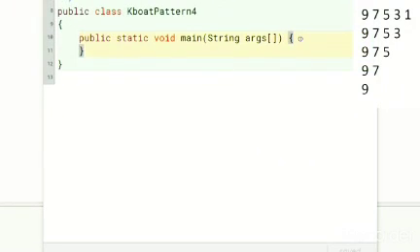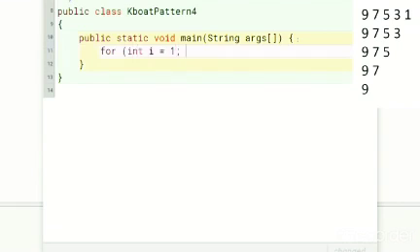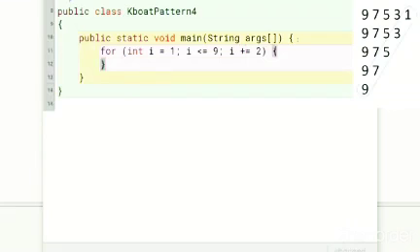This pattern is also an inverted triangle with 5 rows. The first term of each row is 9, and the last term of each row starts at 1 and goes till 9, increasing by 2 with each row. If I run my outer loop like this, loop control variable i will start at 1, i will be less than or equal to 9, and i will increment by 2 in each iteration. Then i will give me the last term of each row.